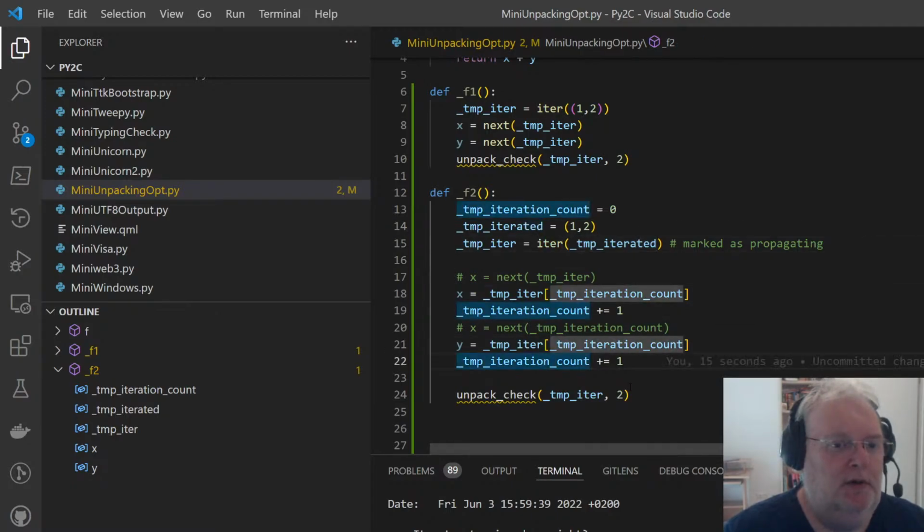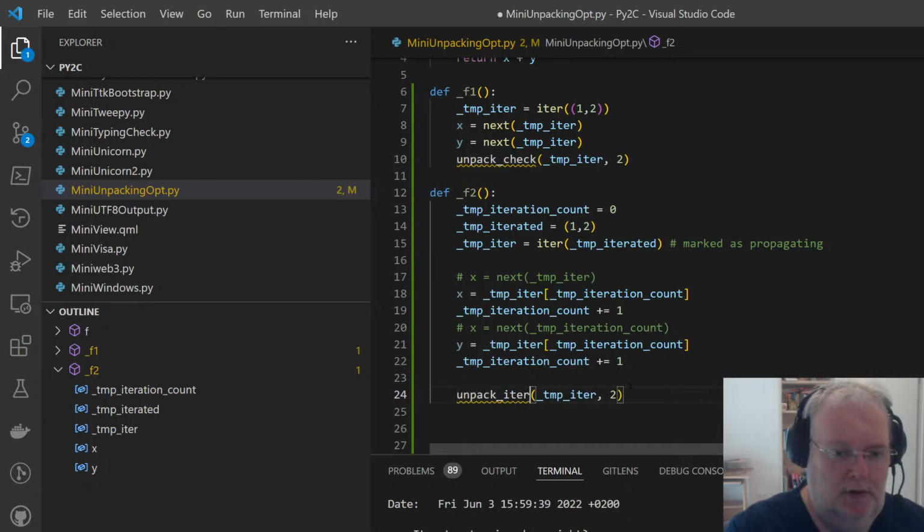So we'll not optimize those, but as you may be aware, for those it's probably not even a good idea. And unpackings for them are really not happening. And then you do unpacking iterated check, temp iterated,